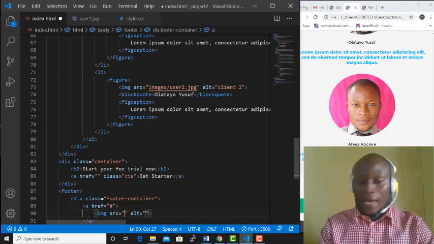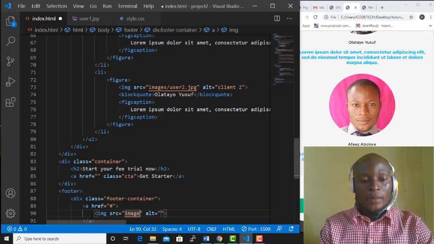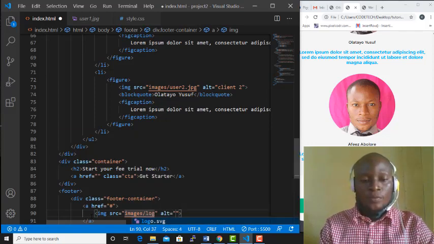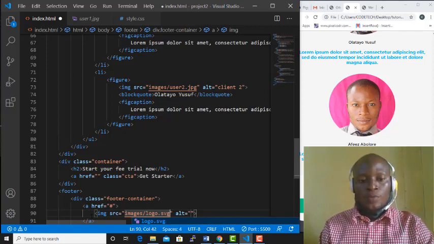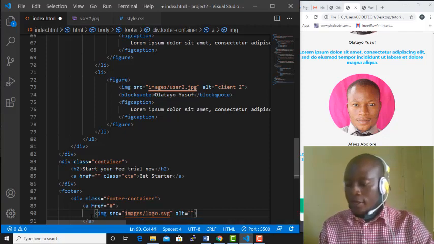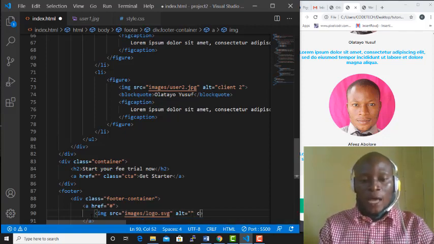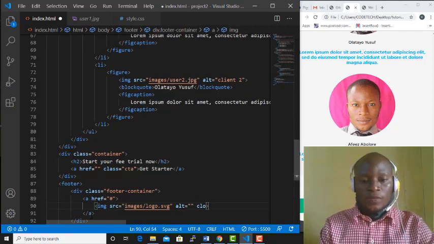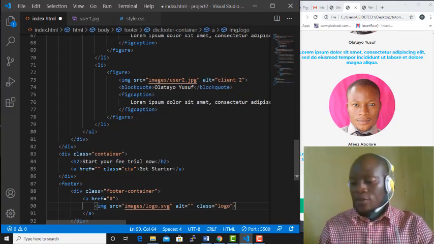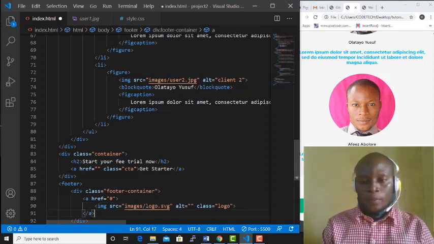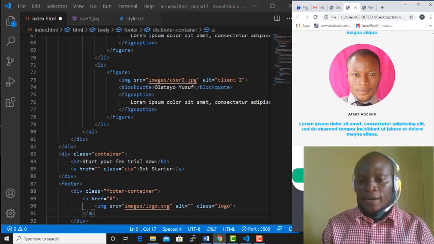And you make use of your img tag, then you supply images followed by logo, maybe .svg, something like that. Okay, because we already have this. Okay, so having said that, then you can now be rest assured that you have your logo, and you are going to give it a class of logo. Then you want to move ahead and create a paragraph over here,